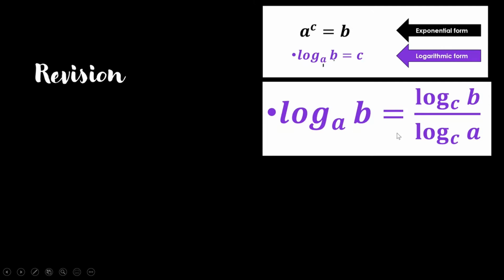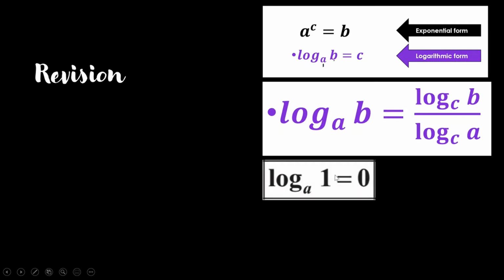This is used when, for example, our normal scientific calculator gives the value of logarithm with base 10. Hence, if in your question some other base is there, then it becomes necessary that you change the base, and you can use your base change formula to convert the given base in the question to base 10. For example, log of 4 with base 2, you can write as log of 4 with base 10 divided by log of 2 with base 10. This is the second thing we had learned.